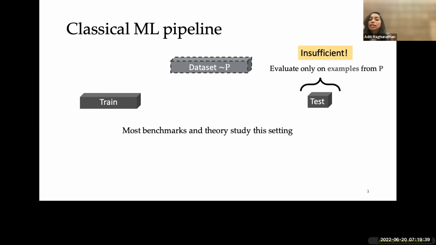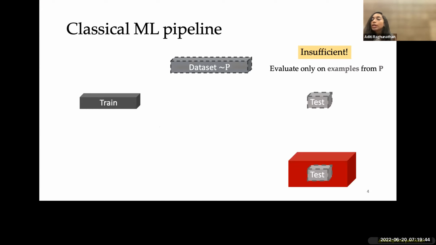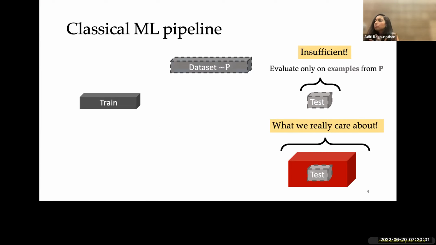But this is clearly insufficient if you think about real world performance, because what we care about is the wide range of examples that the model could encounter when it's deployed in the wild. And those examples are not going to be restricted to exactly being from the same distribution that the training data you used to train your model was from. So in this first part of the talk, we'll talk about how we can formalize this question of how do we care about a broad range of examples, and how do we test models over this broad range of examples that it could encounter when we deploy.